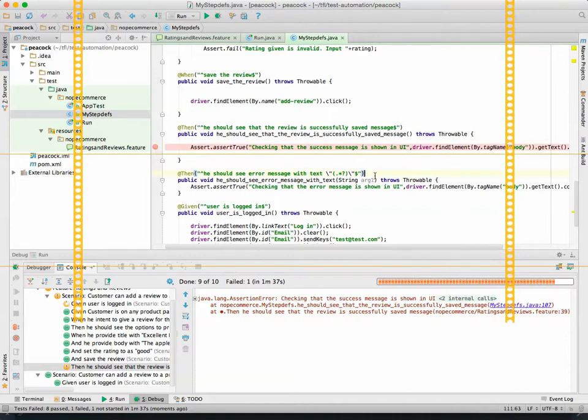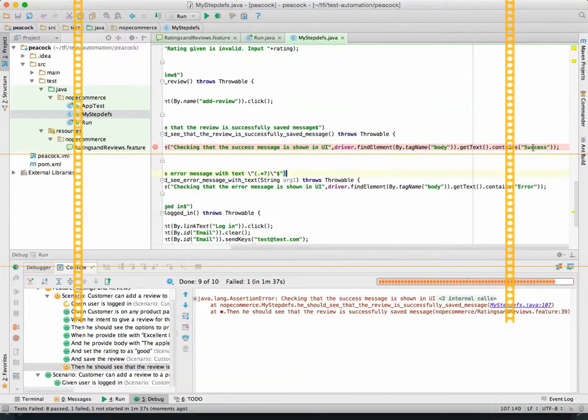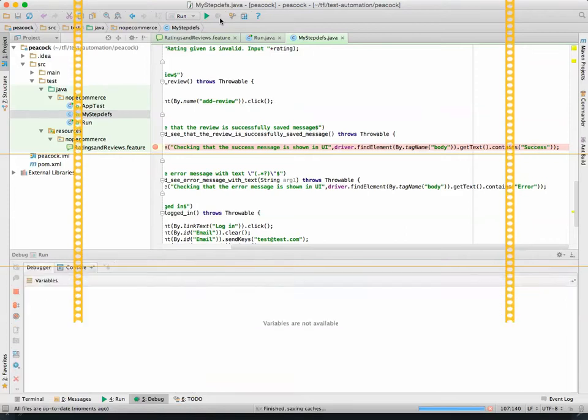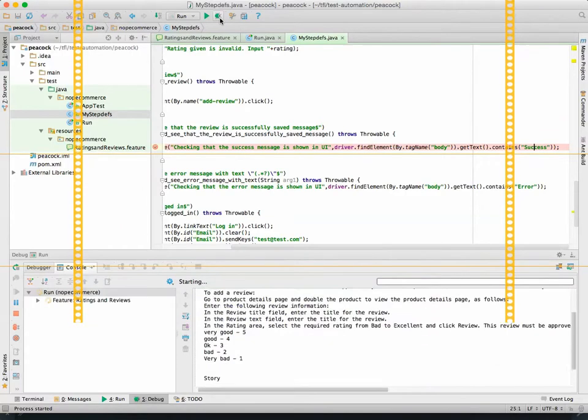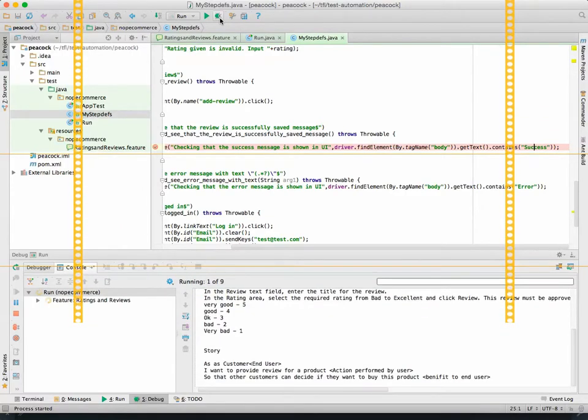It is not getting that success. Okay, so let us go and debug that. If it is again failing at that email box, then there is a wait problem. Otherwise, there is no problem.